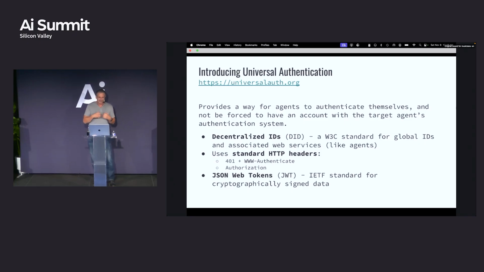And the last thing here, when you do authorization, the traditional way of doing authorization is JSON Web Tokens. That's a very, very normal way to do it. So I just did a simple format around that: fill the Authorization header with the JWT, and you're good to go. It seems to work, and you'll see that demonstrated today. So this universal authentication seems to work, and I'm advocating for that right now.